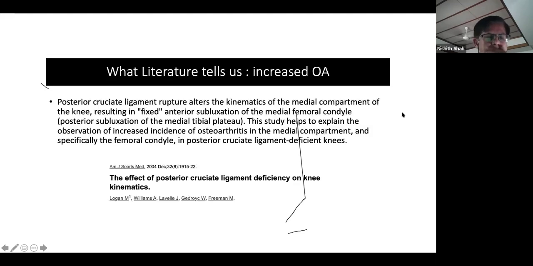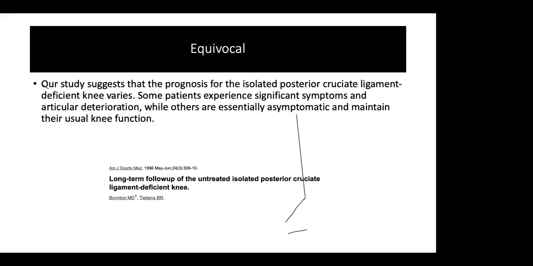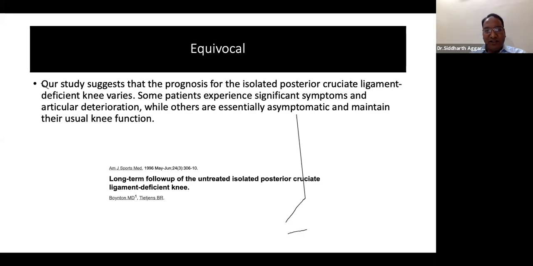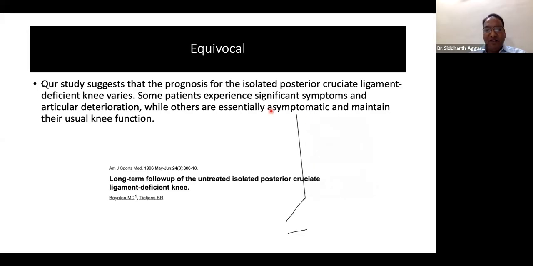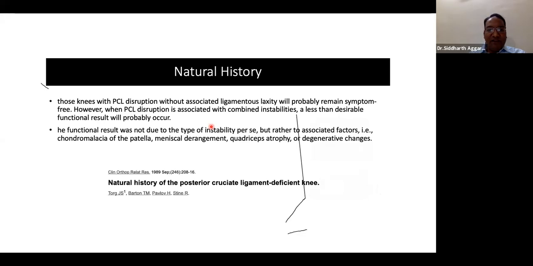Going further, sir, what literature tells us, as we were discussing, there are chances of increased osteoarthritis, or any sort of subluxation, be it grade 1, grade 2, grade 3, will increase the stresses on the anterior compartment and the medial compartment and end up with increased OA chances. Some studies show this to be equivocal, but all of them agree that with a grade 3 injury, or a multi-ligament or combination injury, there will definitely be significant symptoms and articular deterioration, whereas some patients with a single isolated PCL may have an asymptomatic path. Otherwise, the natural history again says the same thing, that with individual PCL disruption, they may remain symptom-free,